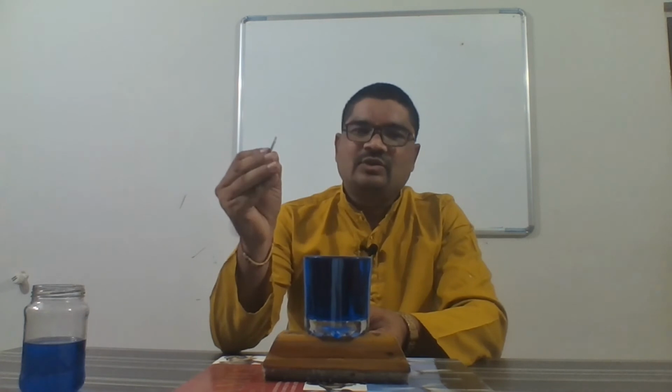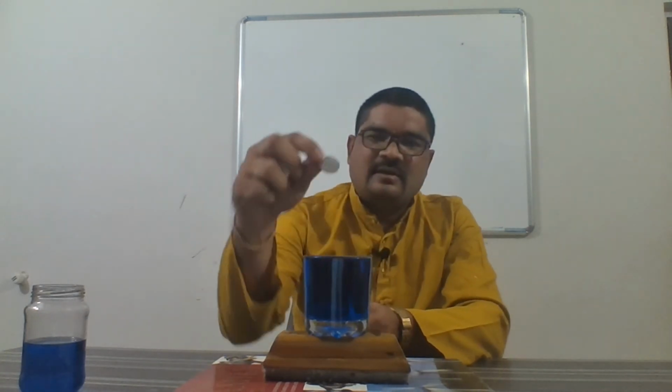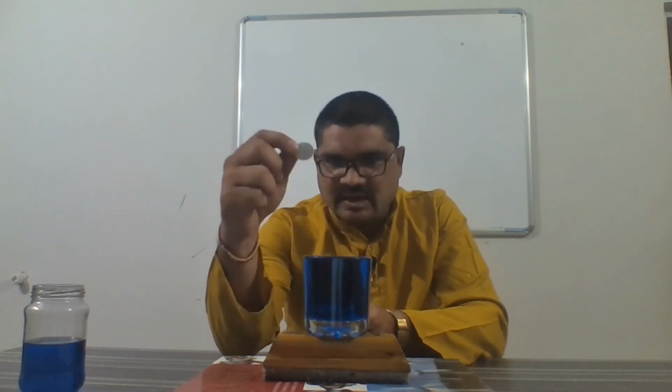Second step is that take the coins in your hand. I'll take all of them in my hand so that one after the other I can immerse them in the glass. Initially, take these coins of the same size. Now I am going to put 2 rupees coins in this. We will have to count the number of coins that we insert in this glass tumbler and observe the surface of water.